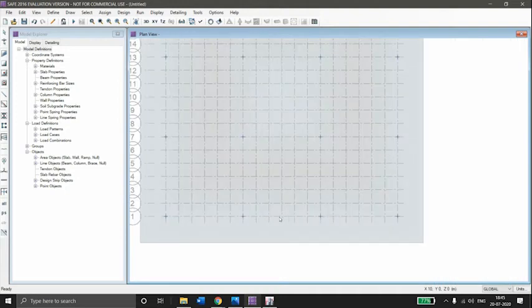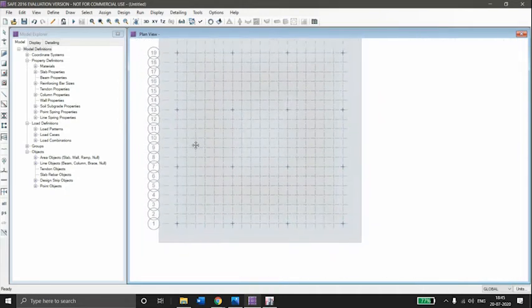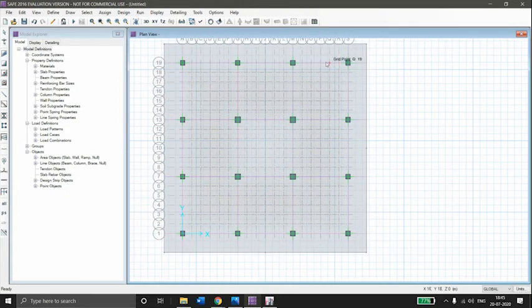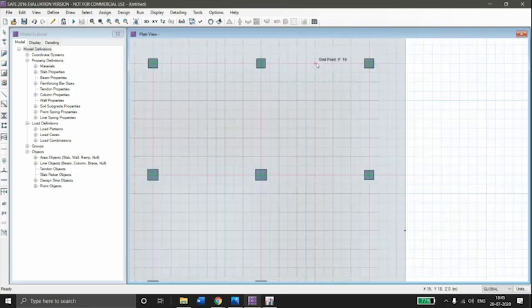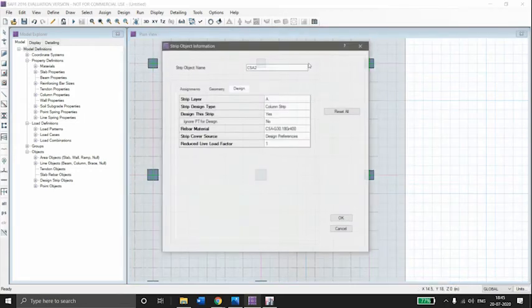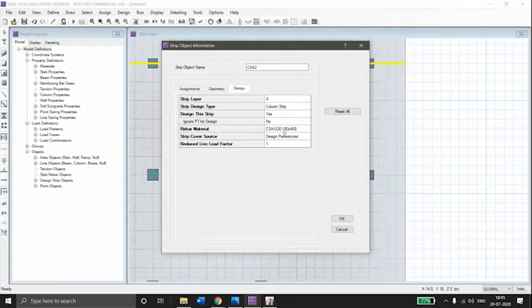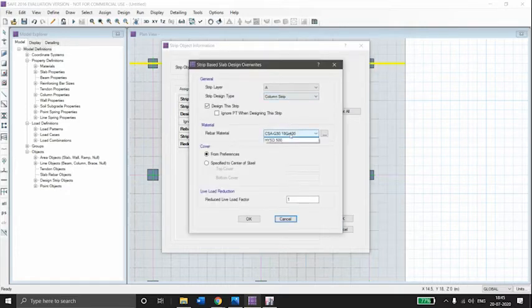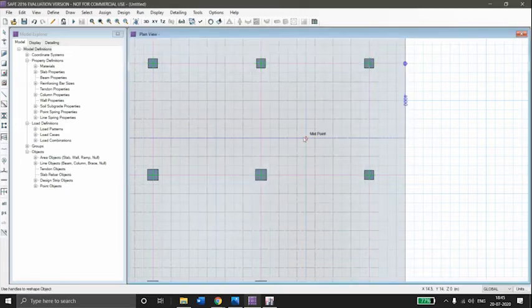The strips which we have drawn, the rebar properties for those we have to change. So right click on the strip, change the rebar material. Follow this same procedure for all the vertical and horizontal strips.